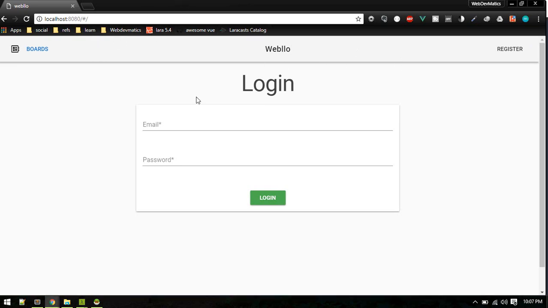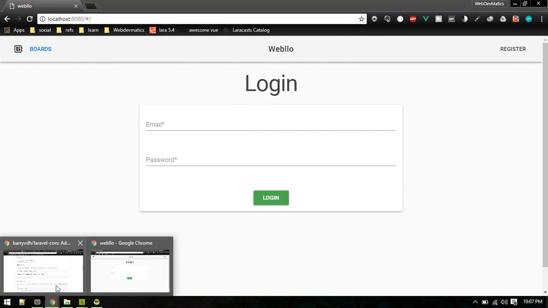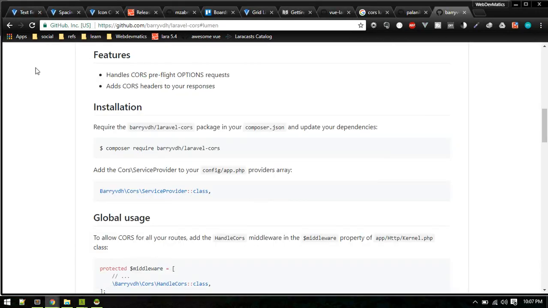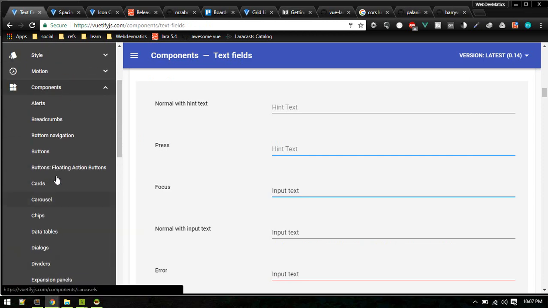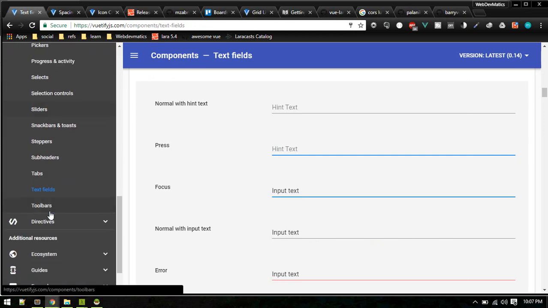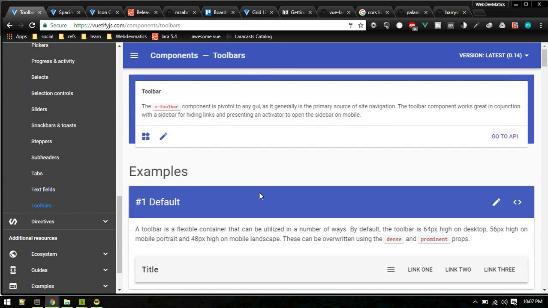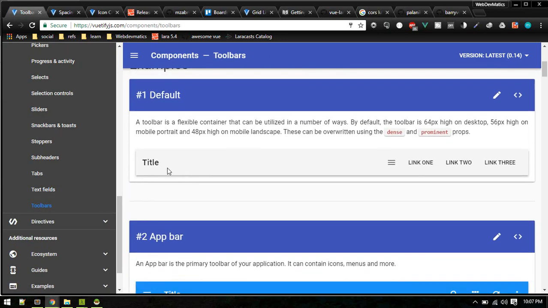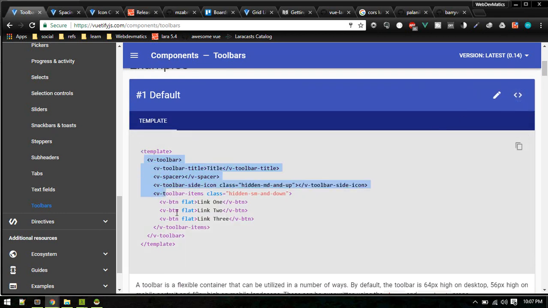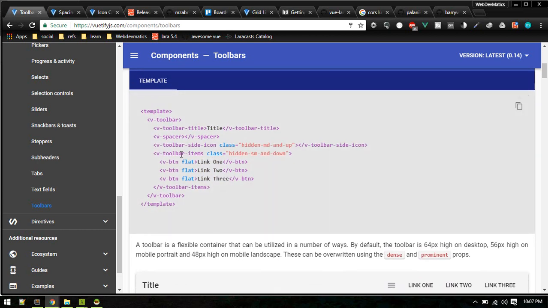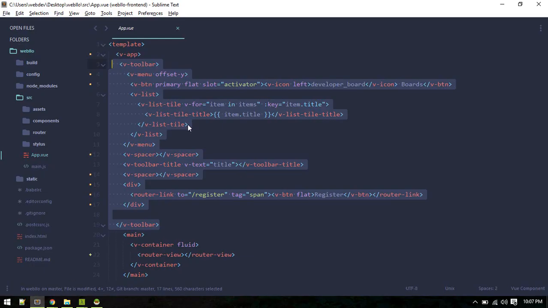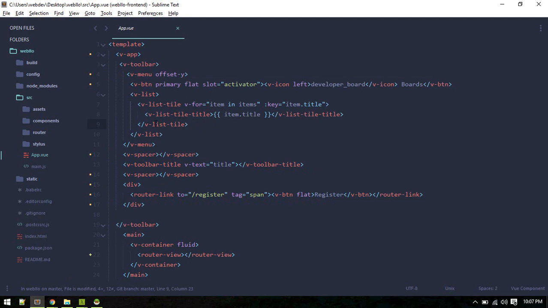You can go to the Vuetify documentation and take a look at what these classes are, if you want a detailed explanation. Here under toolbars, this is the default toolbar. You can see the source, view source, and you can also copy it from here. It's just a toolbar with a toolbar icon, items, and title. This is the toolbar title, which is Weblo, and it is coming from